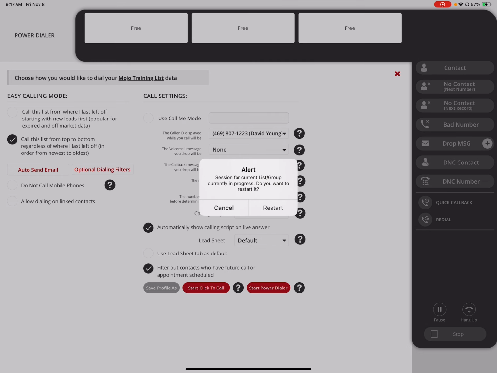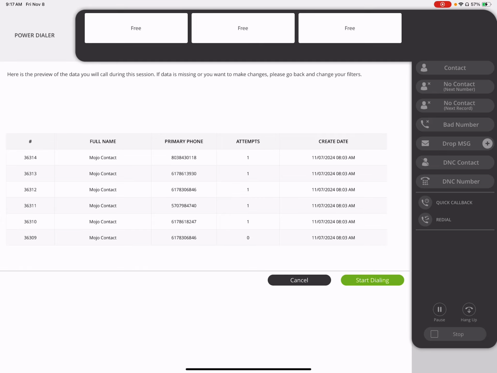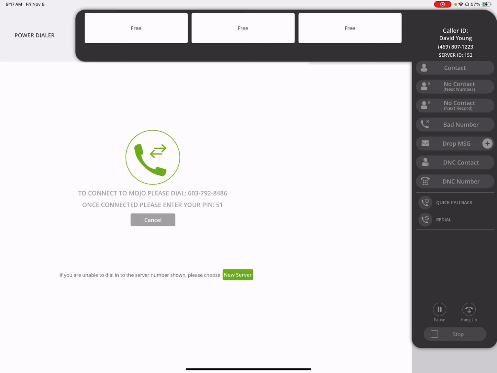Bam, that easy to do, right? We're going to restart the list from where we left off, and we're going to click start dialing, the only green button. Look at how easy that is. Now we're going to take up our cell phone, and we are going to call that number, right? So we're going to dial it together,